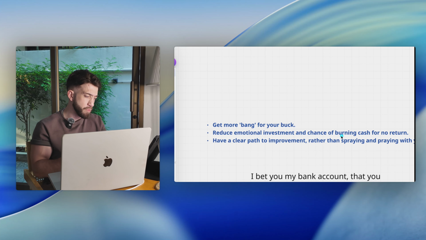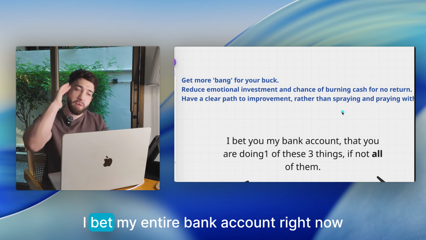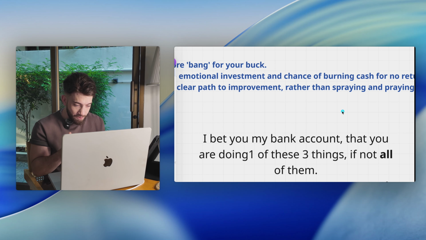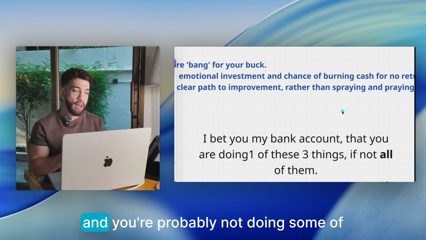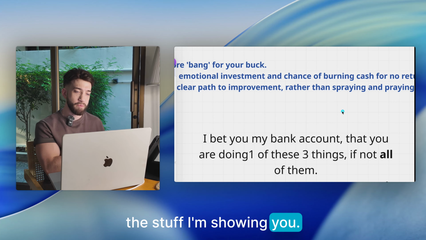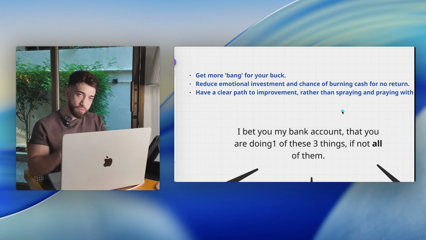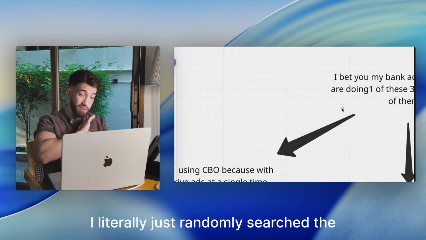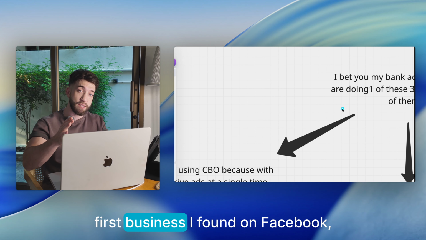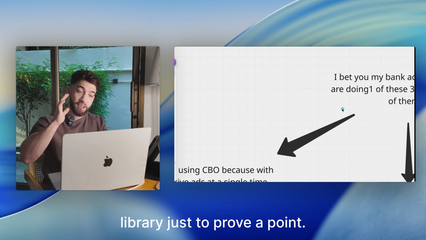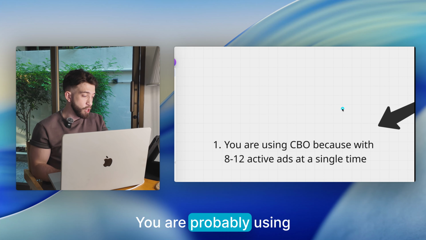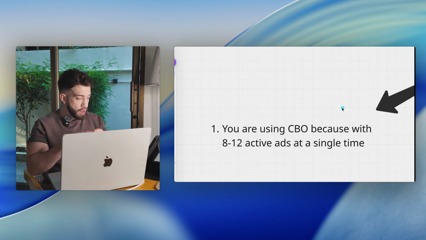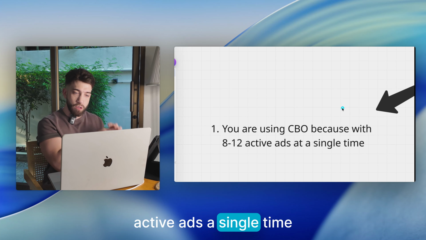and seeing what sticks, okay? And so I bet my entire bank account right now that one of these 3 things is happening, and you're probably not doing some of the stuff I'm showing you. So let me go straight into it, okay? Number 1, and by the way, I literally just randomly searched the first business I found on Facebook library just to prove a point. You are probably using a CBO with 8 to 12 active ads at a single time,